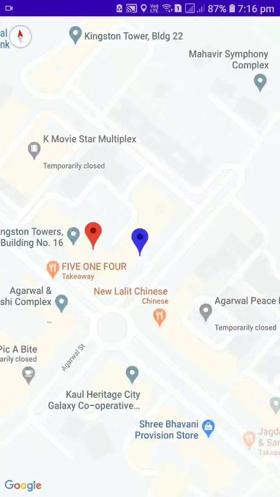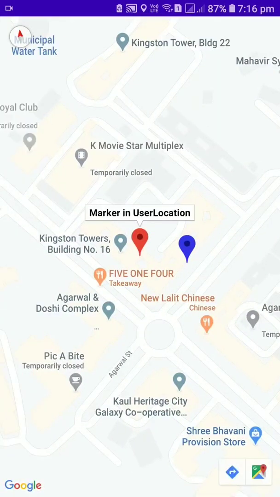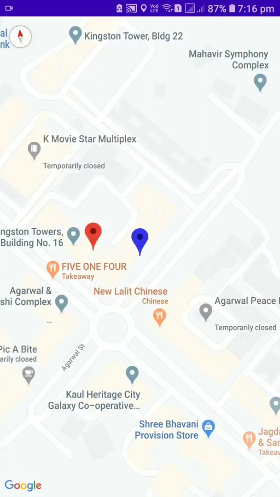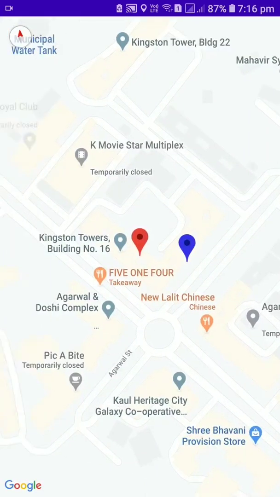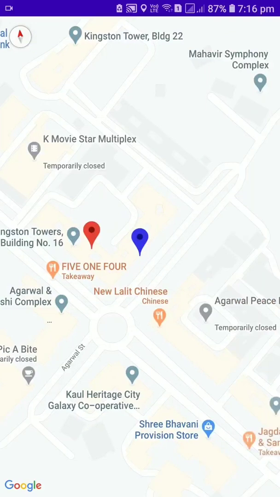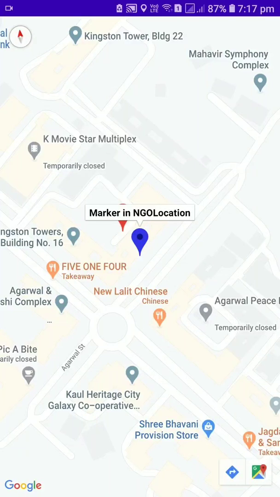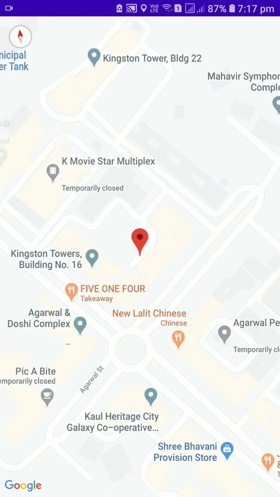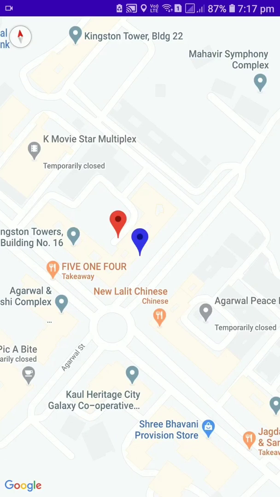If I tap here, it will say marker in user location, and if I tap here, marker in NGO location. So this is how we can spot a nearby NGO.